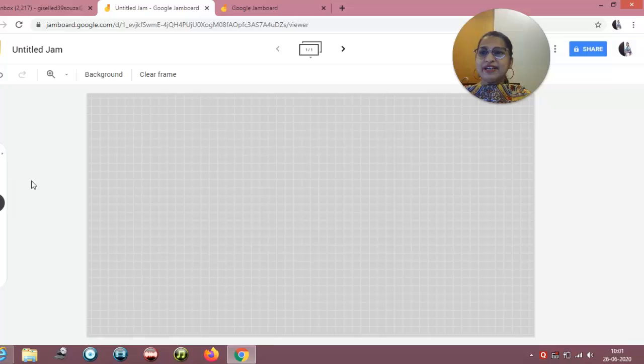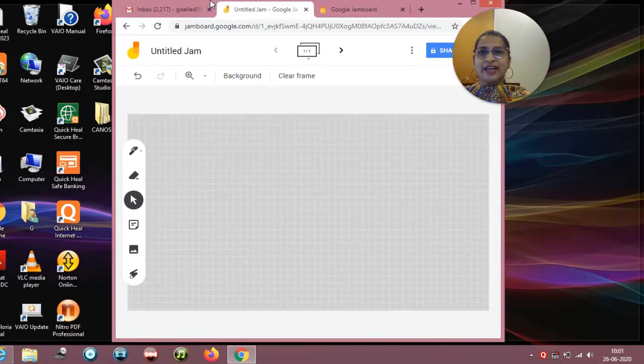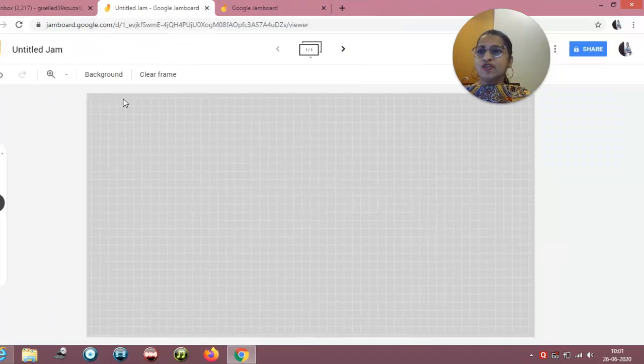Now the next step is to teach you the tools of the Google Jamboard. Now, just so that it doesn't interfere with the rest of my screen, the first tool that you can see here is a pen. And next to the pen, I can choose a color. So if I click on that,